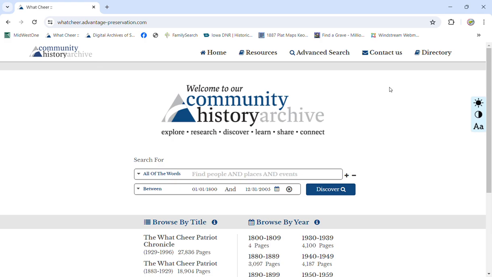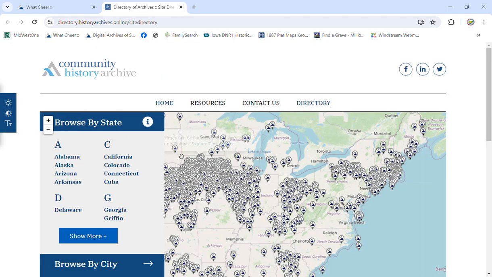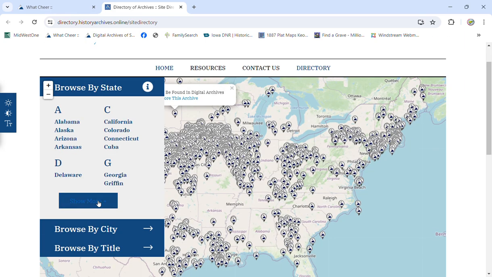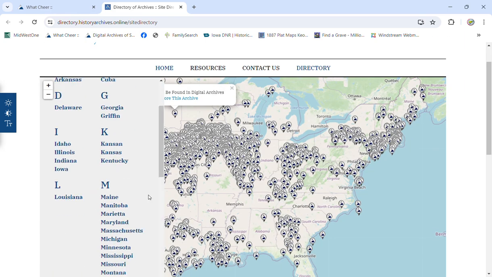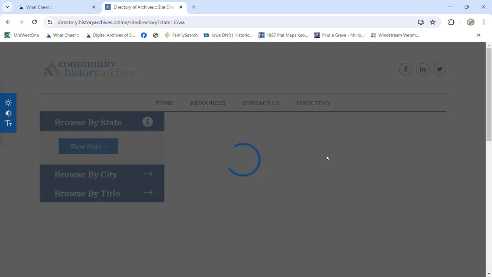So as you can see right now, we're on the Watch Your Patriot site, and you would move up here to the right of the top of the screen and you click on Directory. You go to Directory and it changes pages and it comes up to Browse by State. So then you click on Show More if the state wasn't listed, but we're going to pick Iowa. You pick Iowa,